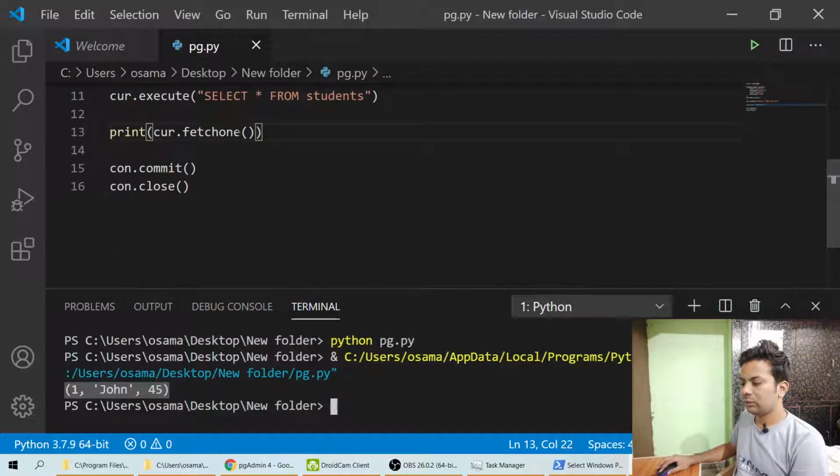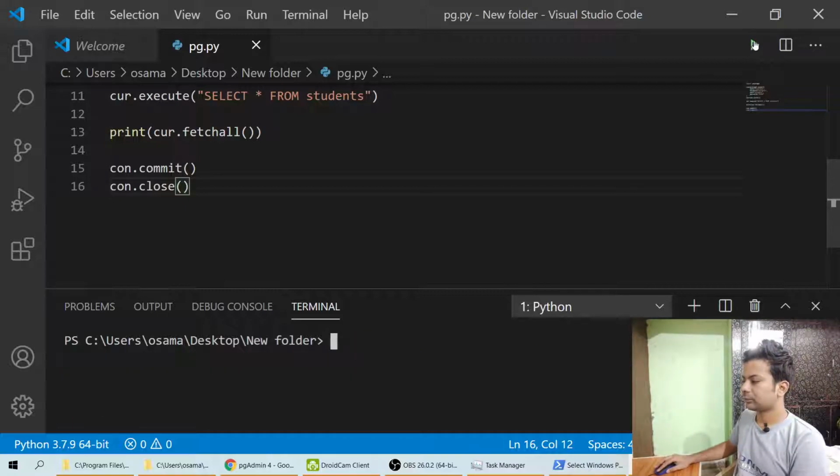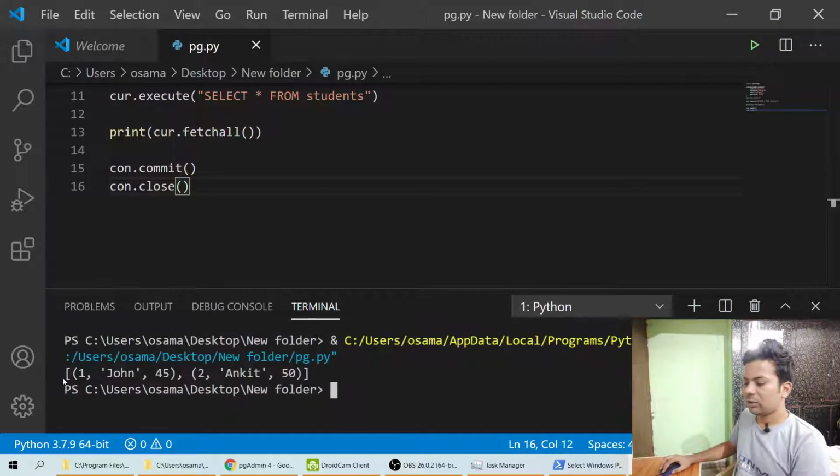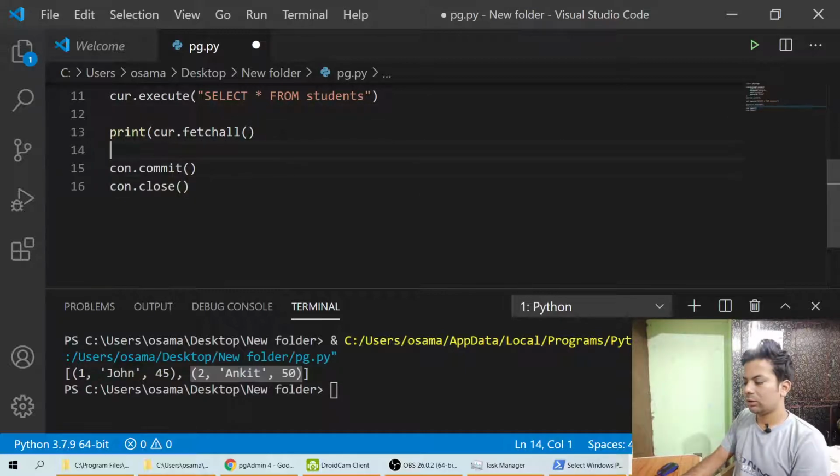If we do fetch all, then let's save it and run it and clear the screen. This time it's showing two values, returning a list, and each of these is also a list. So what we'll do is fetch all and take it into a variable called data.